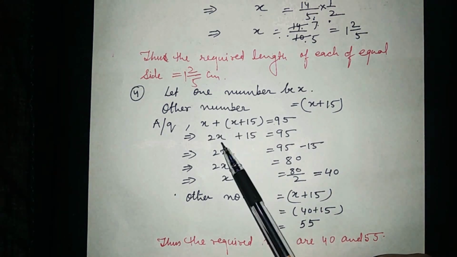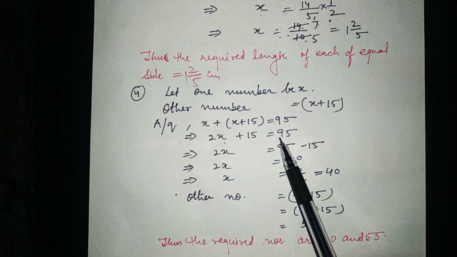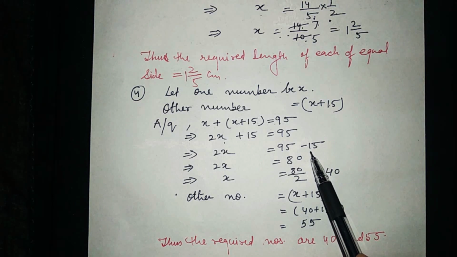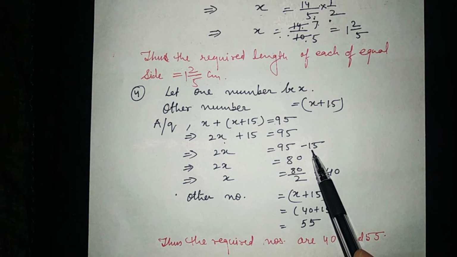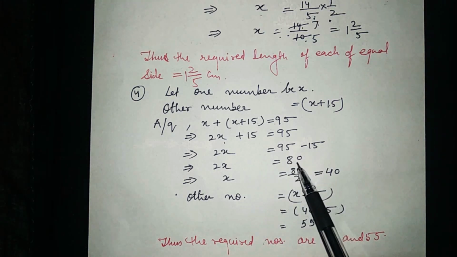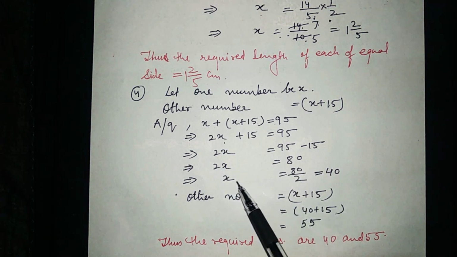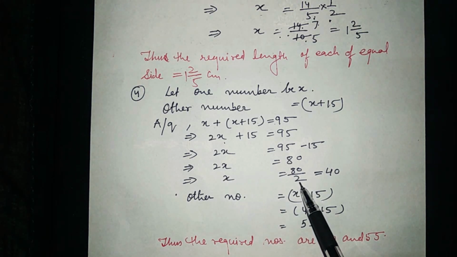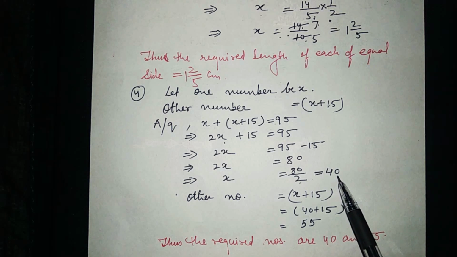So like this your equation will form. Now x plus x, 2x plus 15 is equal to 95. 15 we will transpose to the right hand side. Plus 15 will be minus 15. 2x is equal to 95 minus 15, what? 80. And this 2 is in multiplication, so you will transpose it here. So x is equal to 80 upon 2. And if you reduce 80 upon 2, what do you get? You get 40. So your one number is 40.